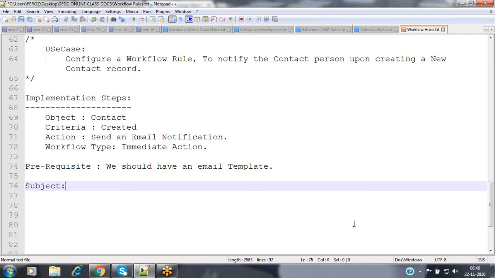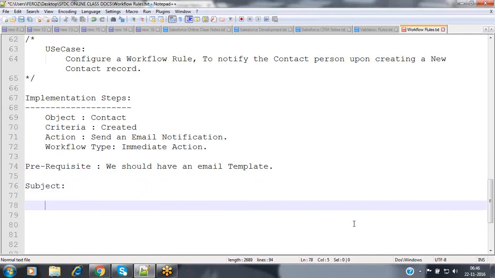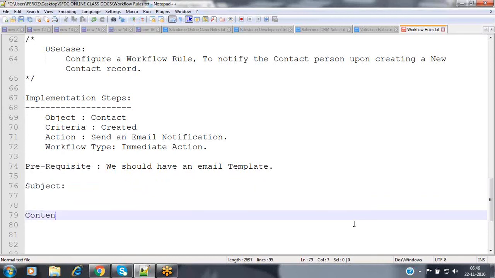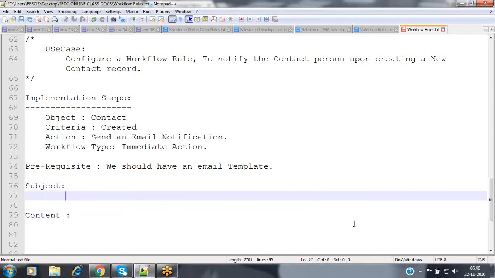So now I'm specifying some subject to be used to send the email notification, and specify the content. What will be the content that you want to share? For example, here I am going to be sending that email notification with the subject and the content. I want to specify some subject like Dear the contact person name.